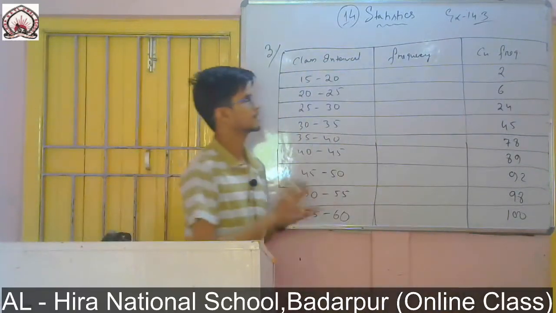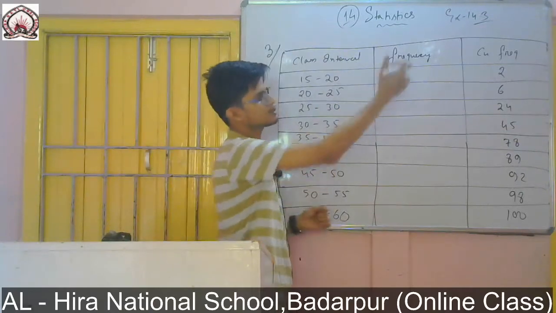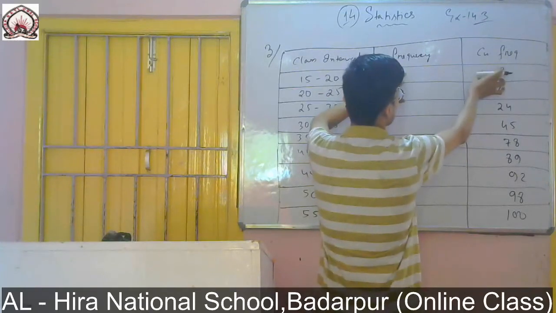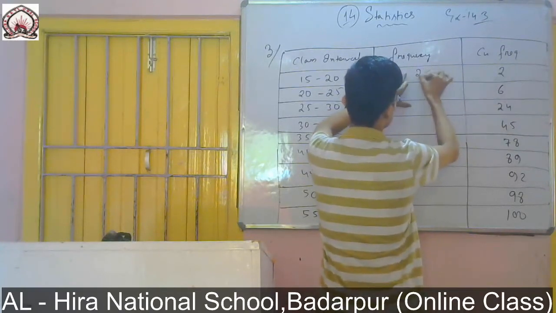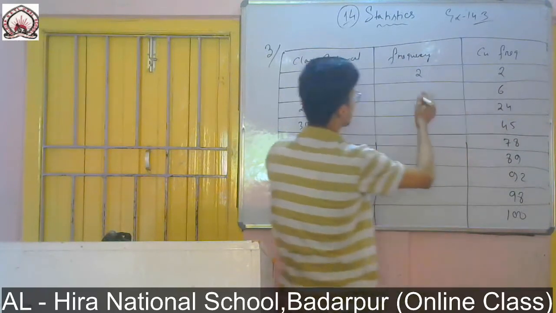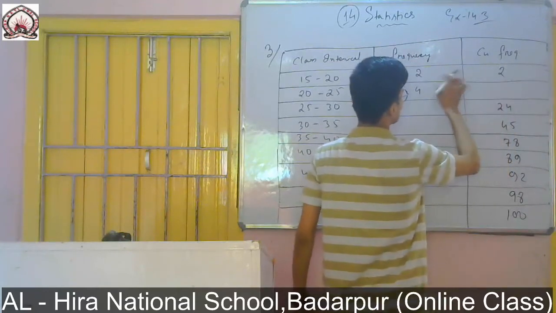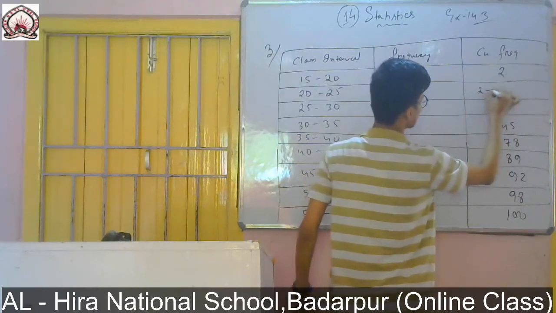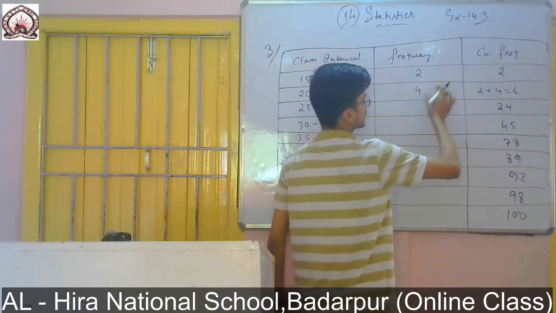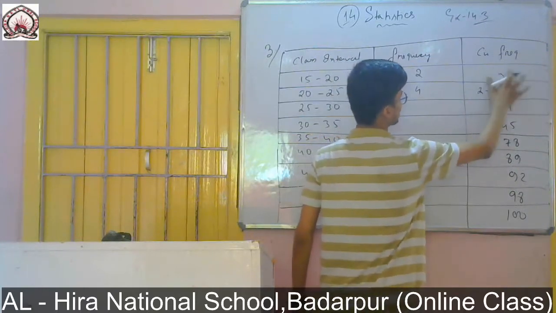So how do we normally find it? Now in this case we need to find the frequency. How did we used to find the cumulative frequency? We would simply write this one first of all. So here it starts from 2, so I will write here 2. The next one, you see what I used to do. For example, if there were 4 written like this, then we could have counted 2 plus 4, that means 2 plus 4 is equal to 6. That means we used to add this one plus this one. So here we will do the reverse. Simply we will subtract.